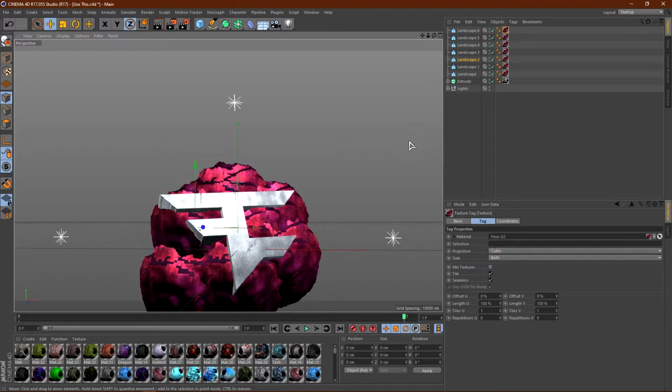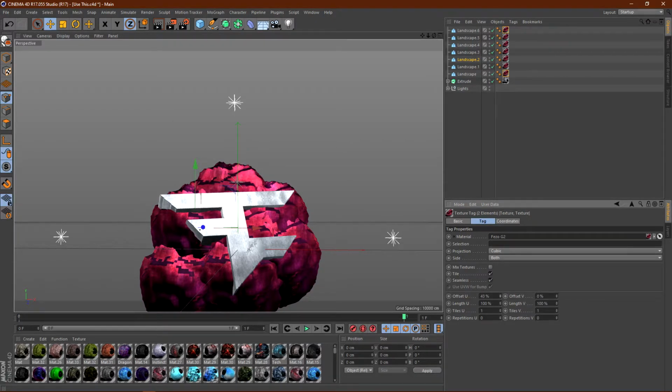Alright, so now you can kind of see that these boxes right here are on it. If you get that, go ahead and actually, either what you can do is just move the material kind of like that,